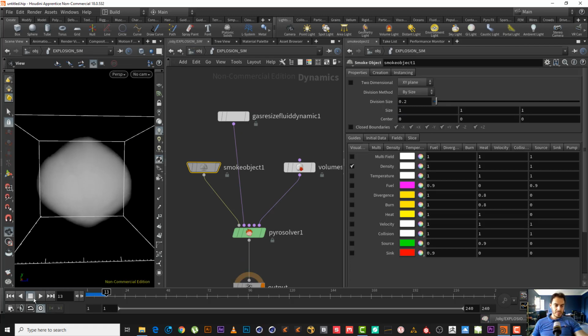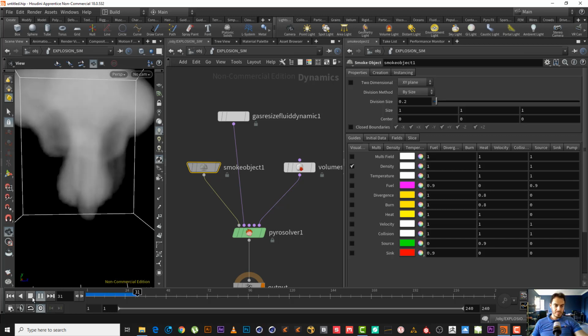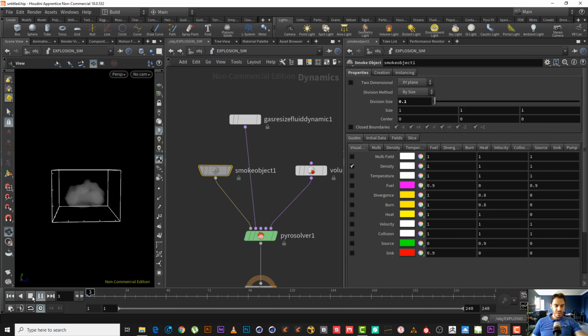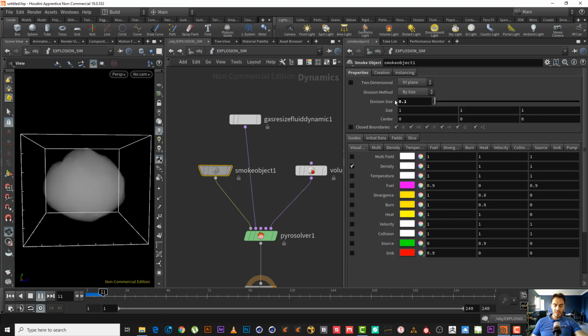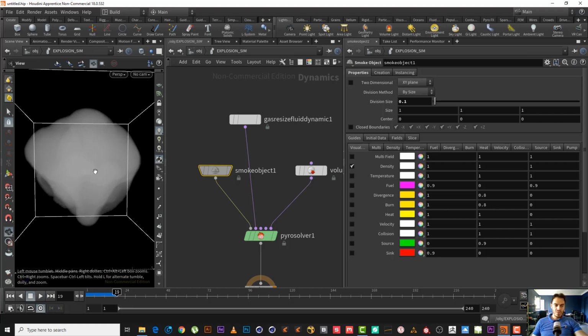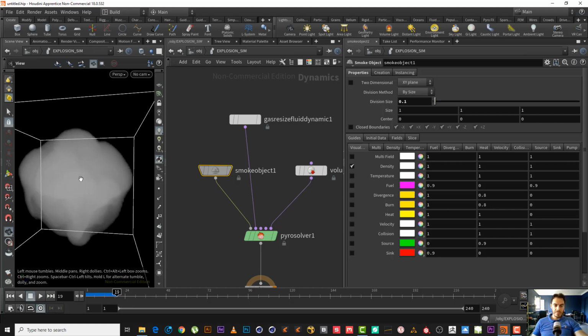Okay, it's blowing like this. Now we need to change some stuff. First, let's make the division size 1 to have better resolution, and of course we will reduce this number more to have better resolution and more detail. Right now it's just like a pillow, doesn't have any shape. We need to see the ignition,